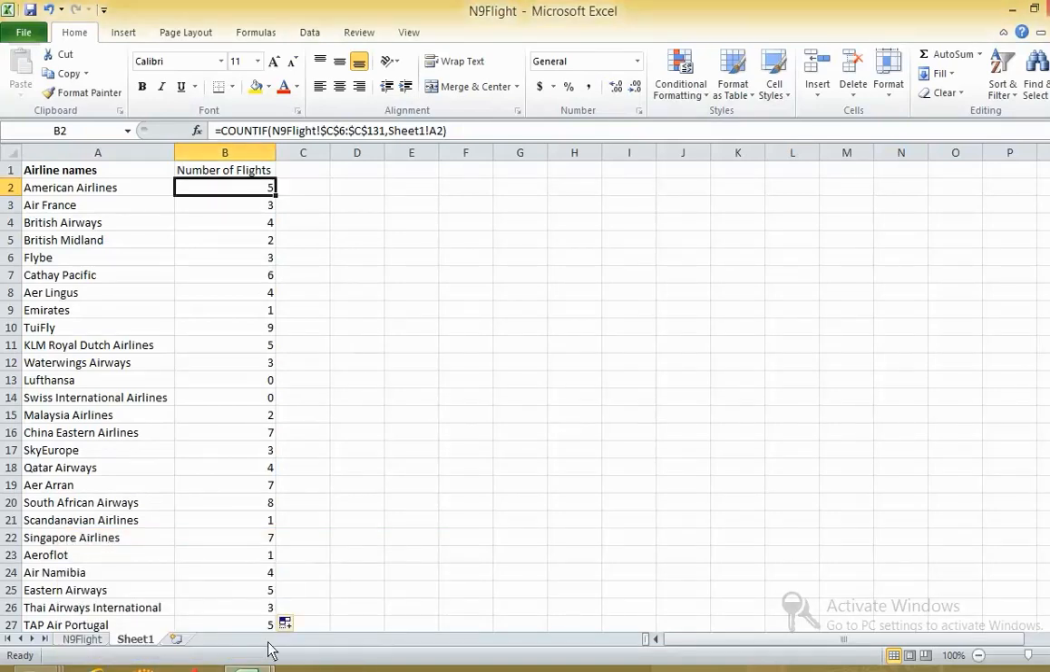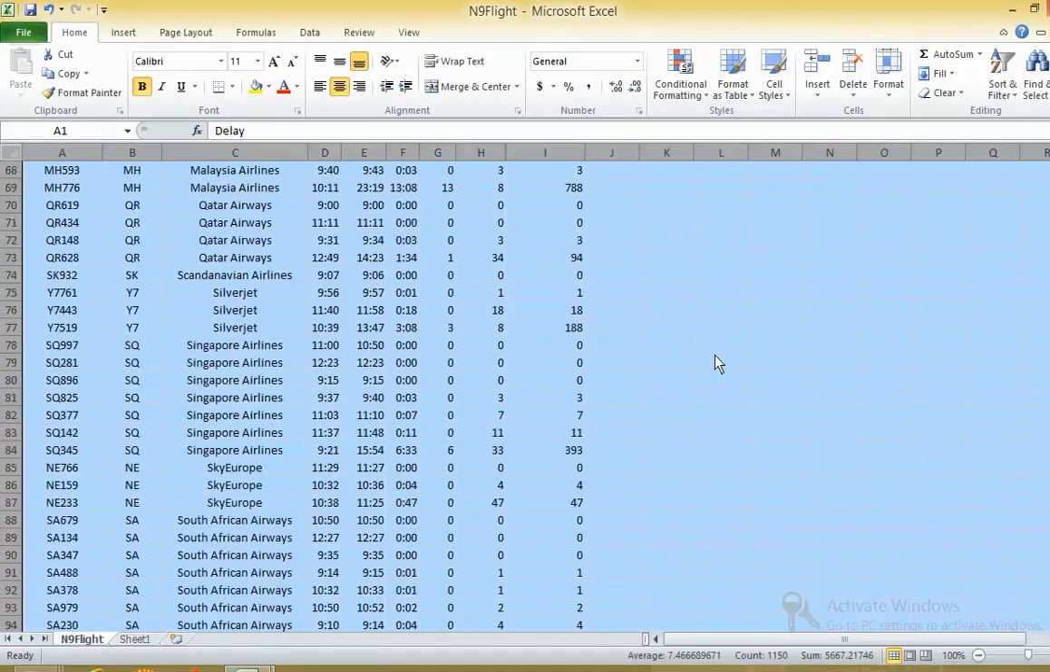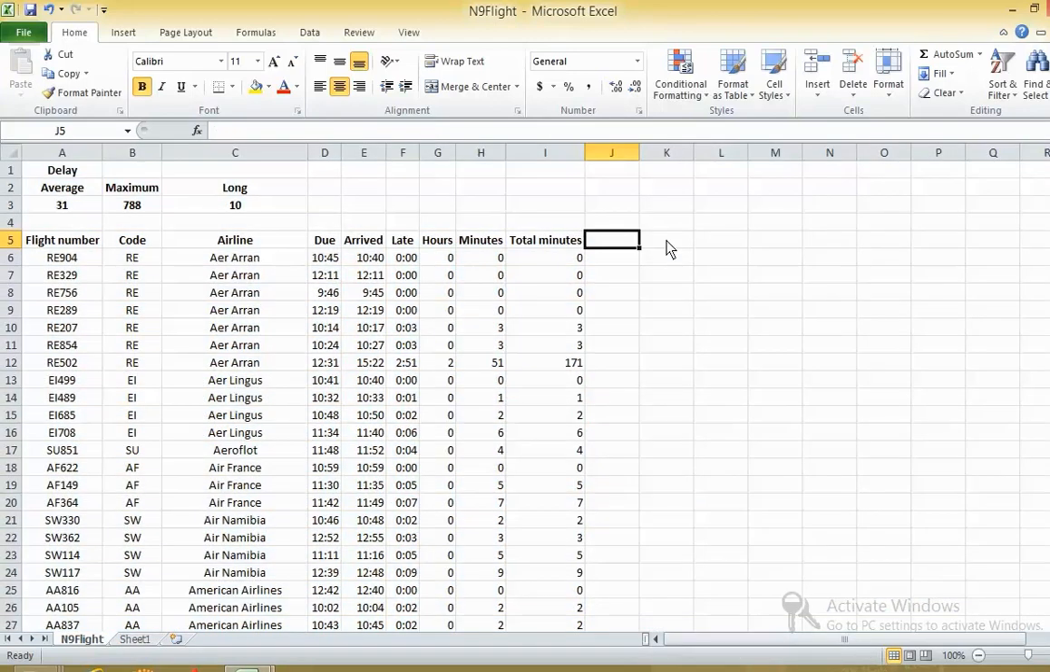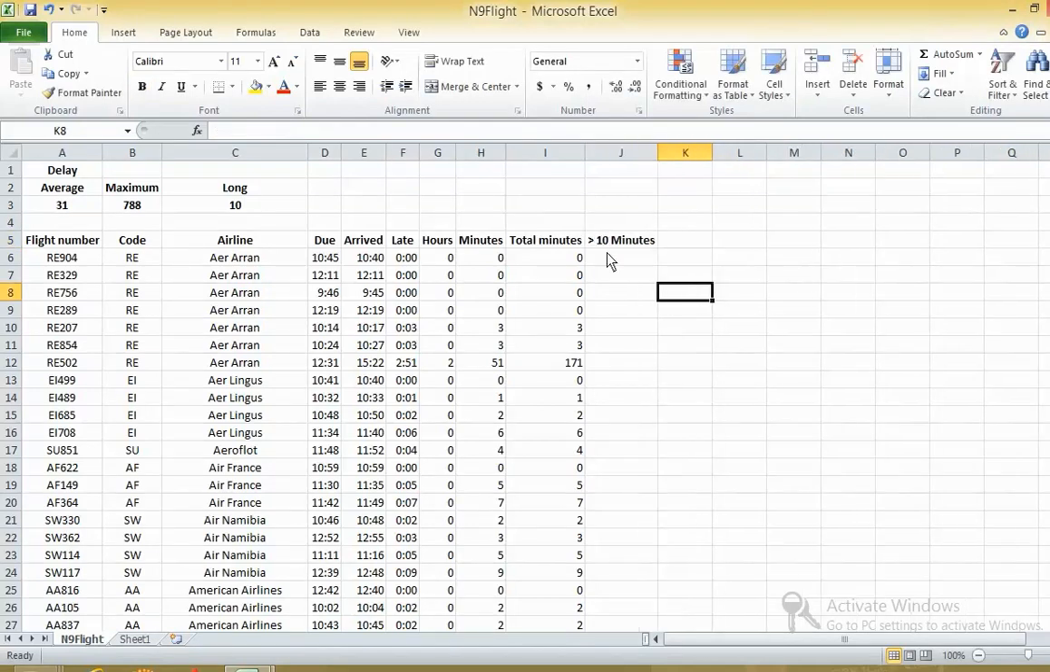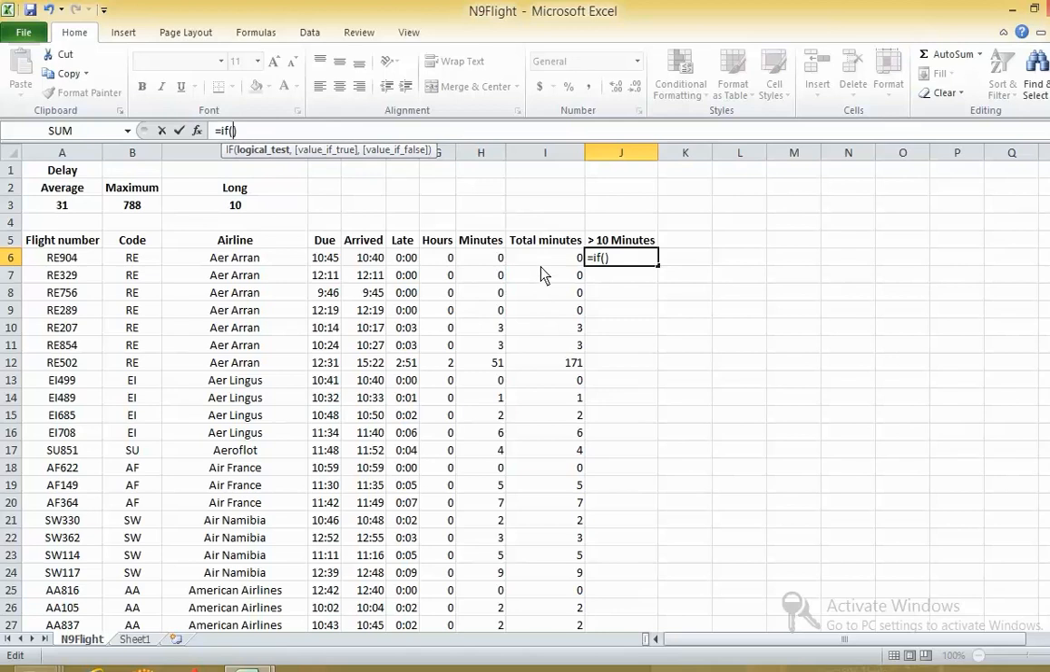So we'll come here and we'll make another column because we need that, greater than 10 minutes. Right, so we can use over here the IF, if this flight is greater than 10,